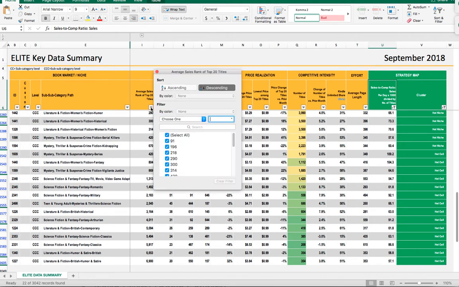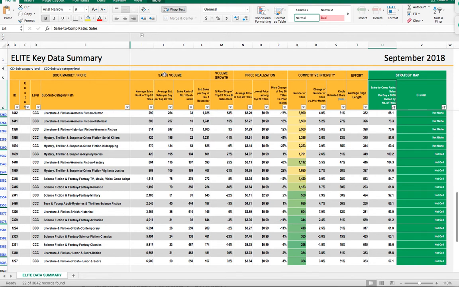Let me tell you what these things are. I'm going to look at the sales volume. What that is, it's looking at what's going on in the particular niches on an average day-to-day basis for that particular month. Now, how he has it set up is the first 2 columns deal with the top 20. The second 2 columns deal with the number 1 position. I'm not necessarily trying to get into the number 1 position. It's nice to know, but I just need to know what I'm looking at to try to get into the